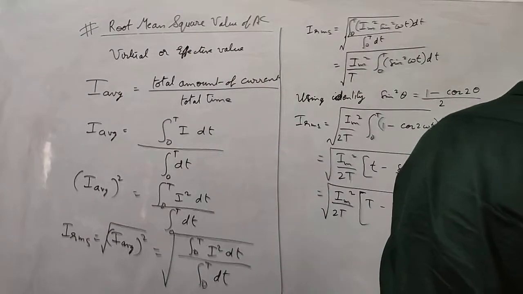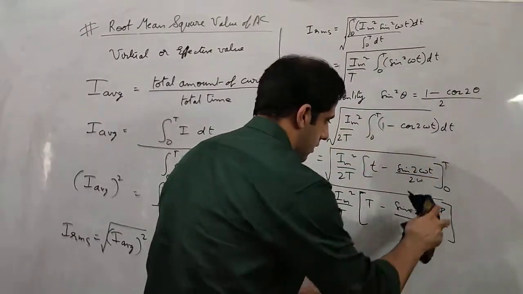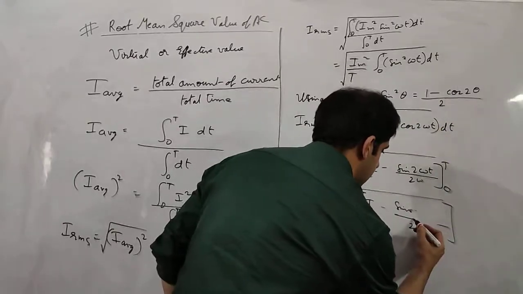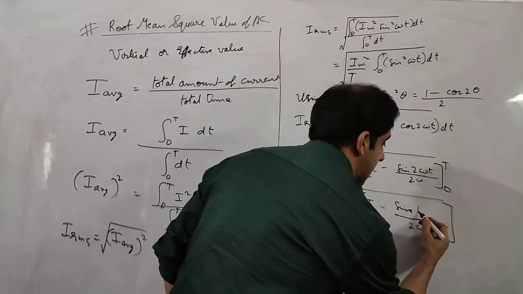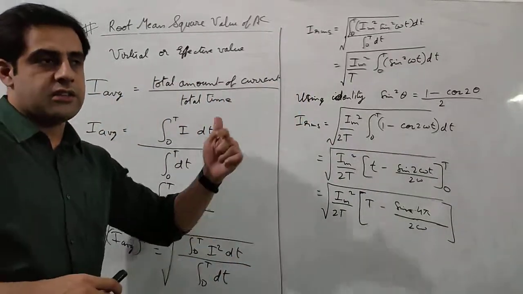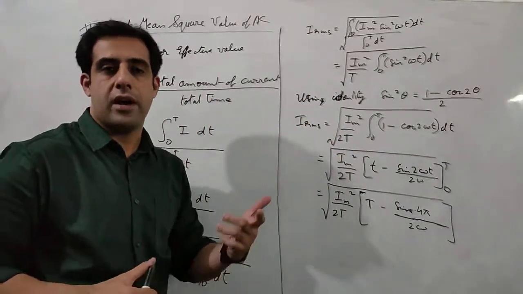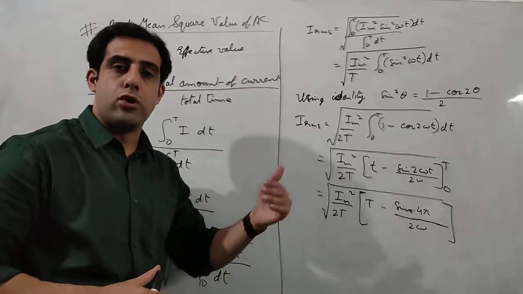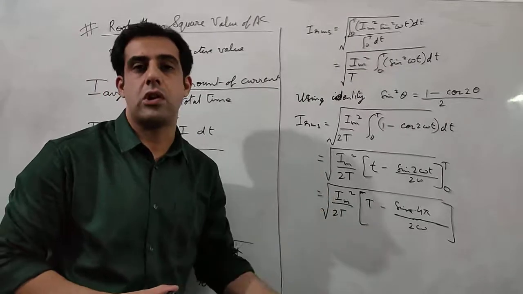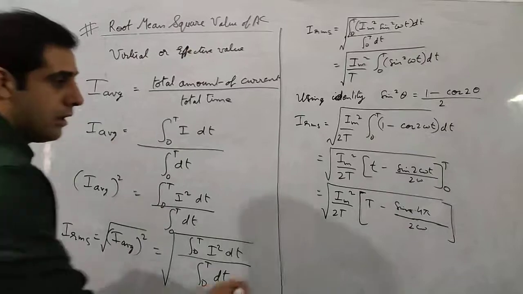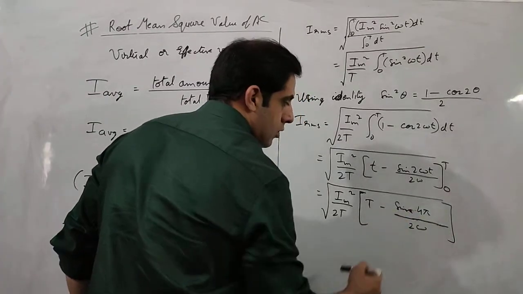So I can write it like this. This expression, if we simplify, then we will get sine of 4 pi. Now sine of 0 degree, sine of 2 pi, sine of 4 pi, they are all the same. They have the value 0. Sine 0 is 0, sine 2 pi is also 0, sine 4 pi is also 0, sine 6 pi, sine 8 pi, 10 pi, all of them are 0. So this entire term becomes equal to 0.